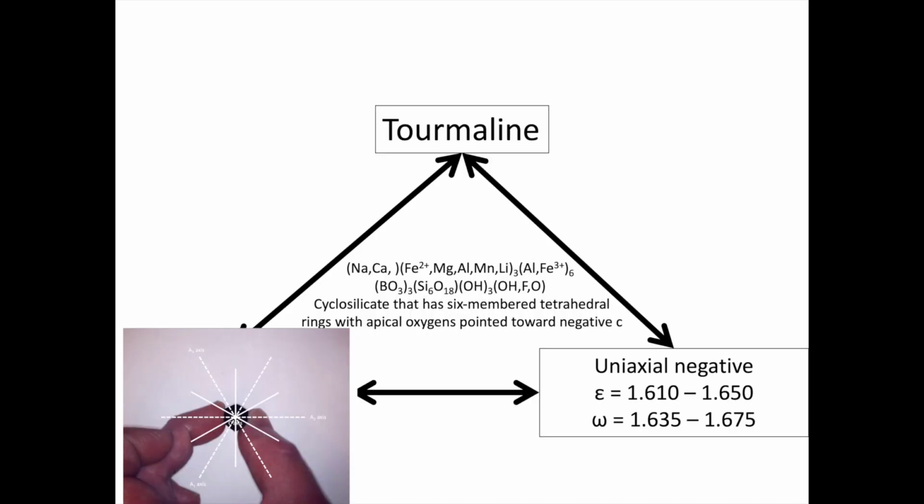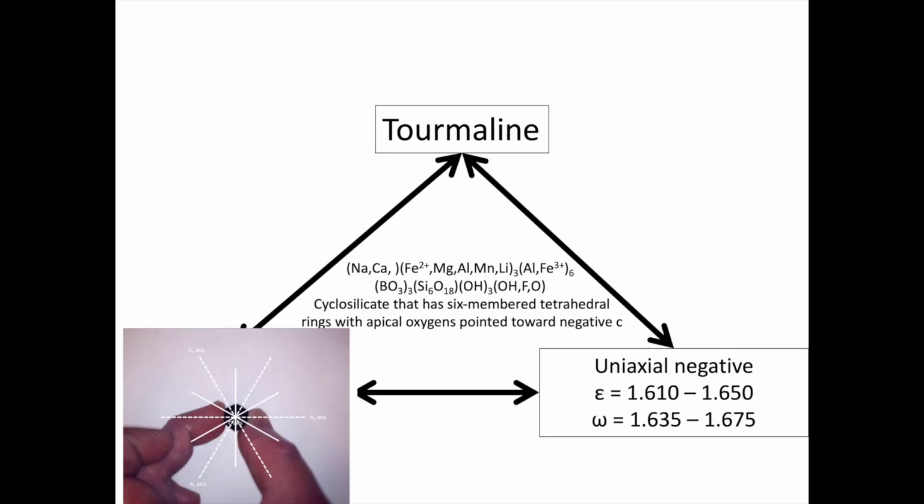We can then add on some of our other A crystallographic axes to this view. And we know that our C crystallographic axis is going to be perpendicular to the plane of the A axes. Now that we've examined the macroscopic crystallography of our tourmaline crystal, let's go back to the big picture we were